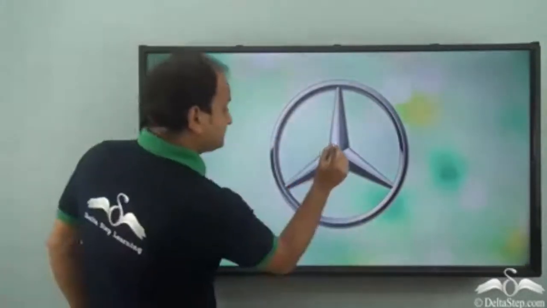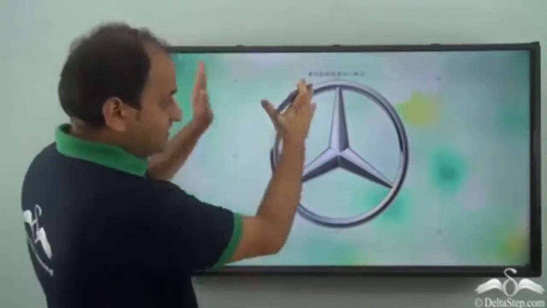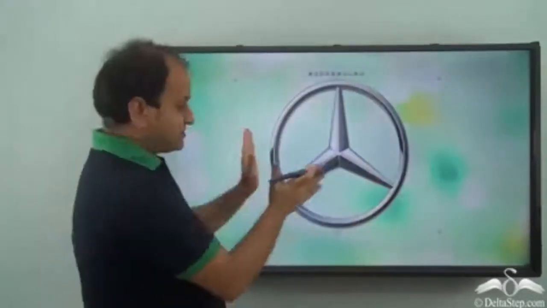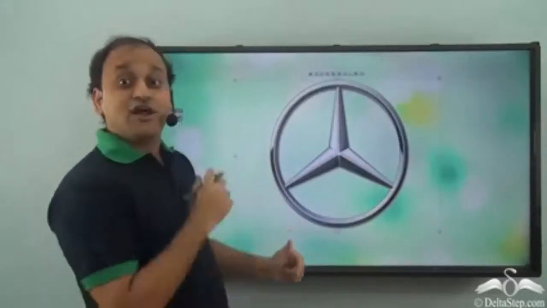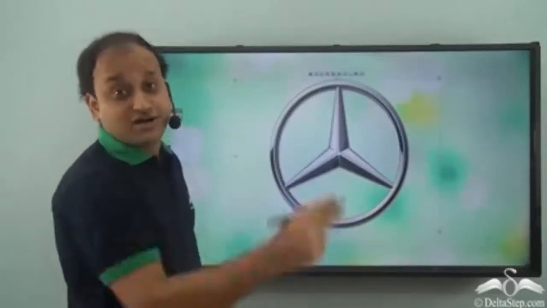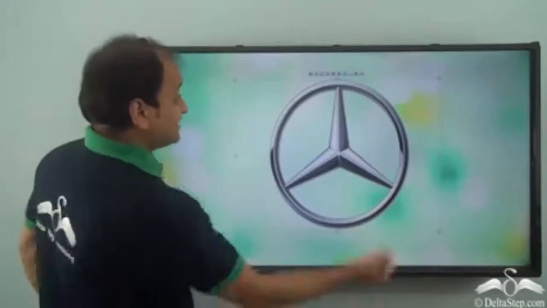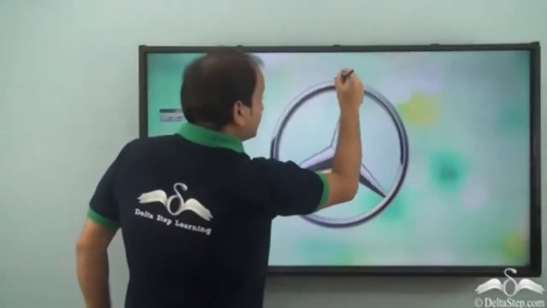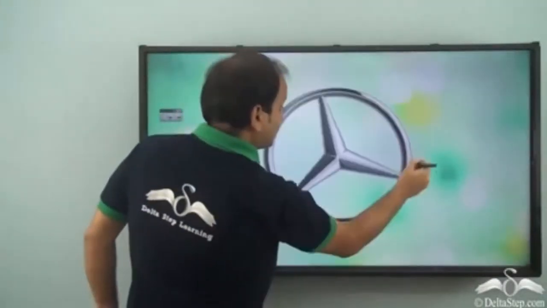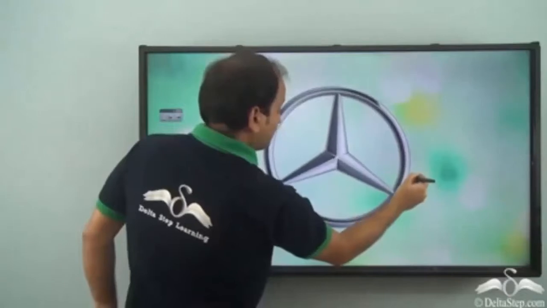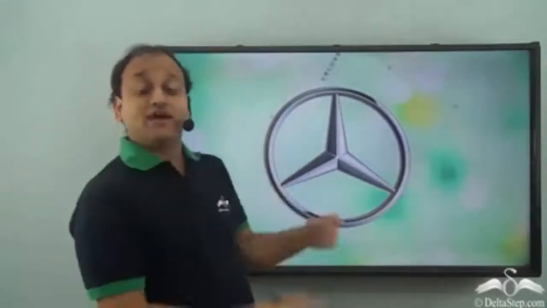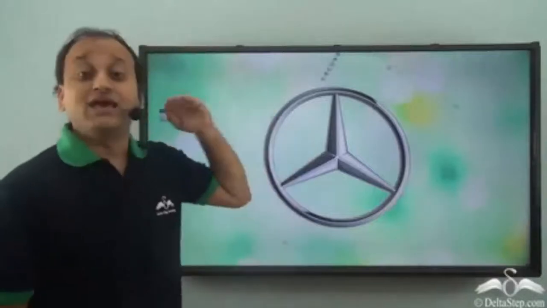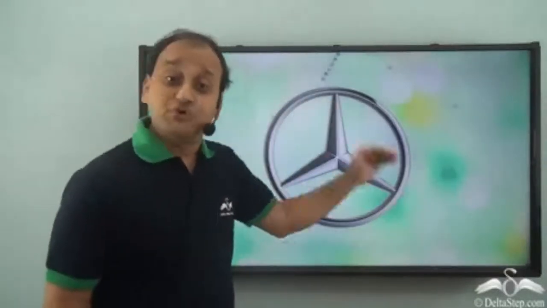Let me explain. So I have this particular position right now, which is the initial position. Now I will rotate it and I will not complete one circle. I will stop in the middle and you will see that this object looks exactly like what you had seen in the previous or first position.